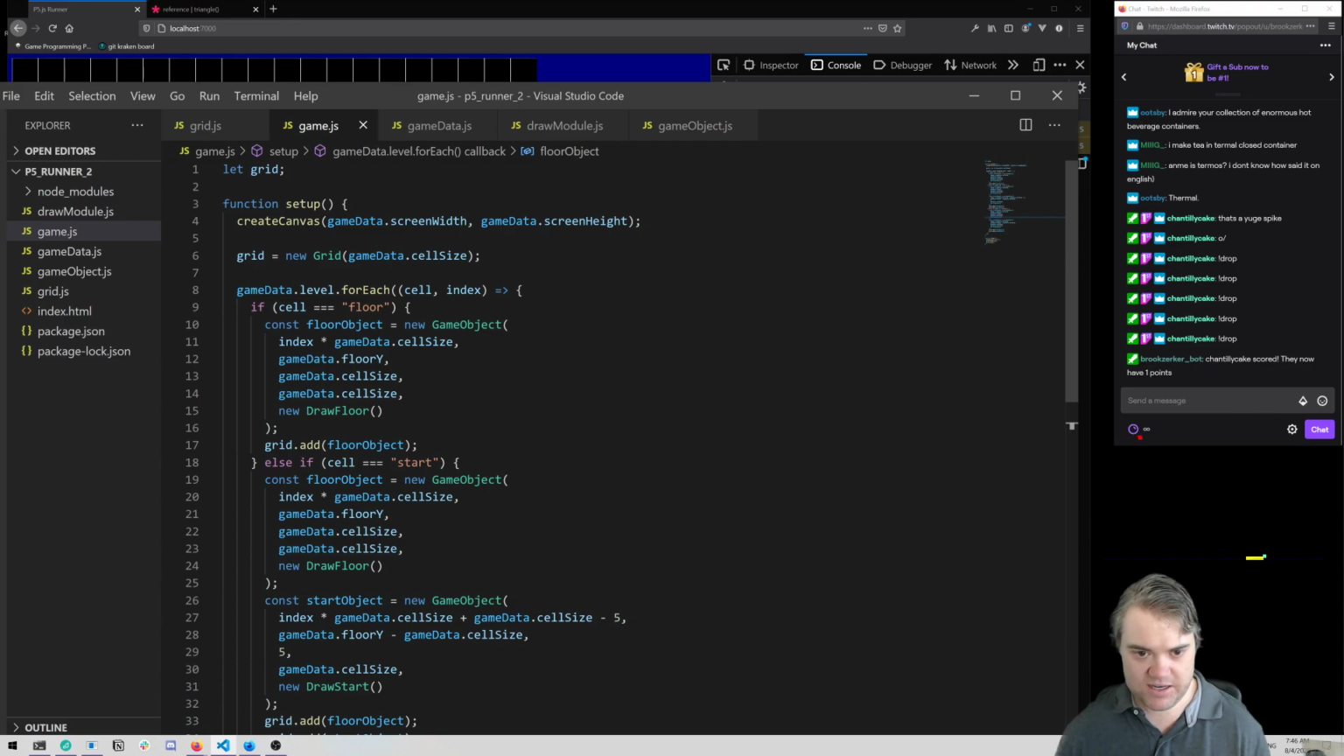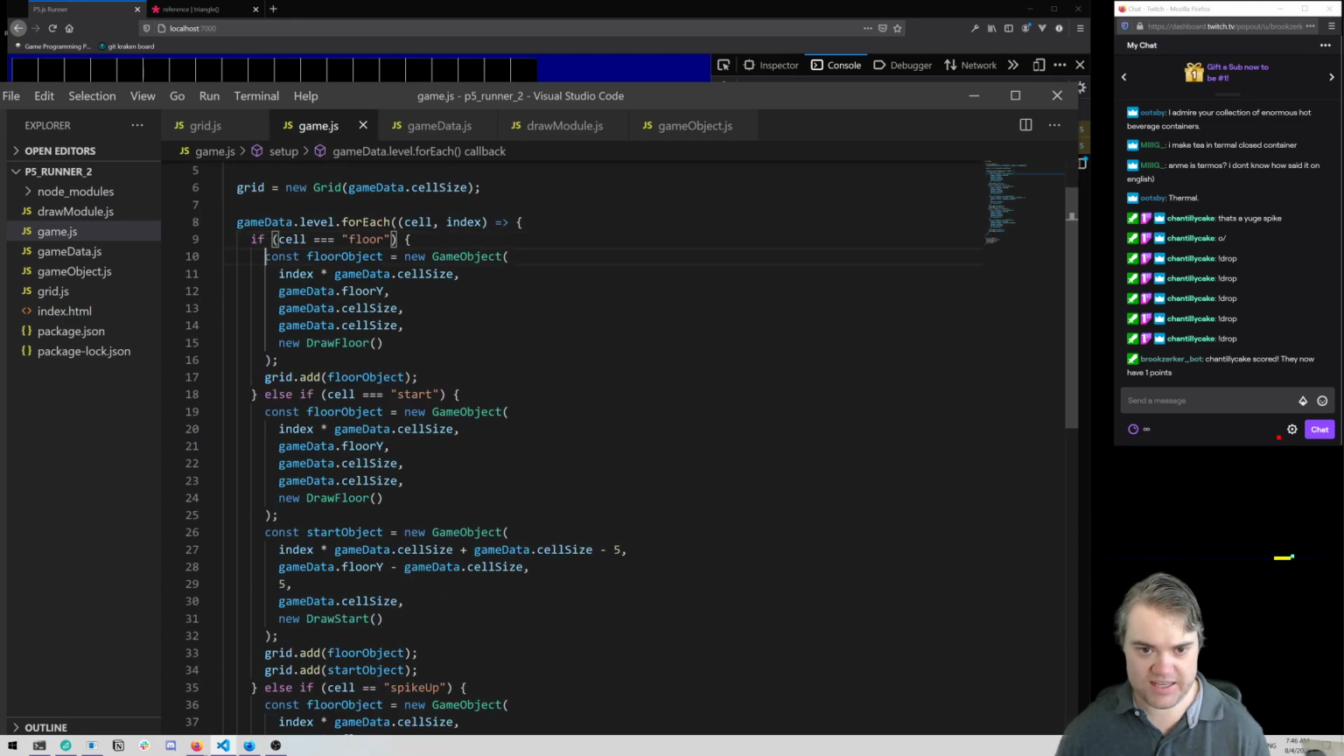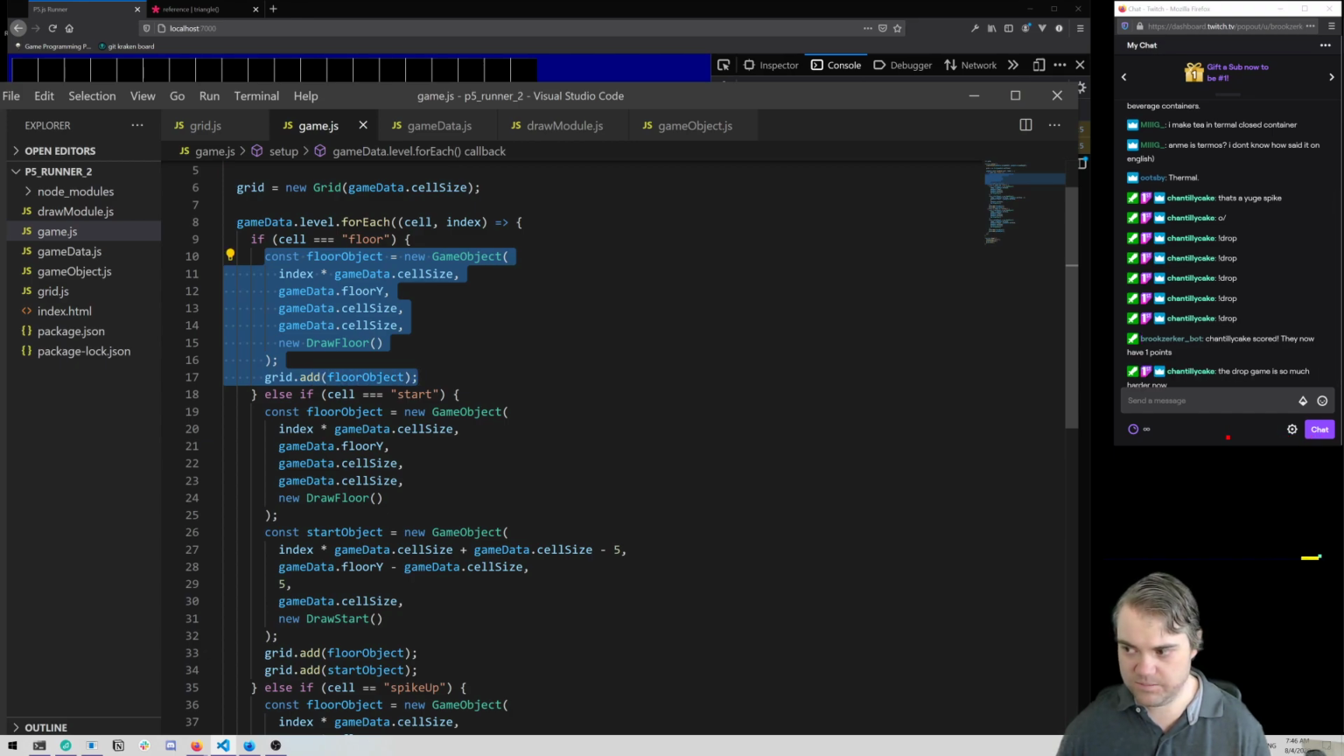So what I'm seeing right now is we have this if floor, and then we want to create these very specific things. If it's a floor,